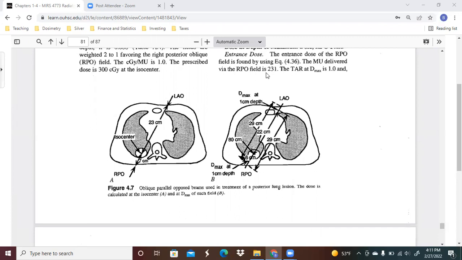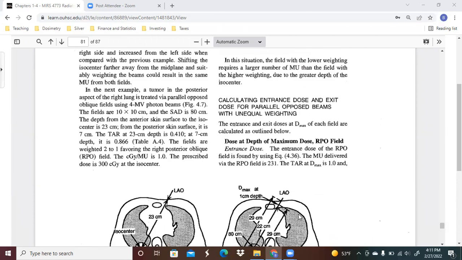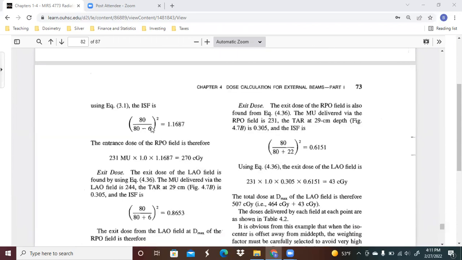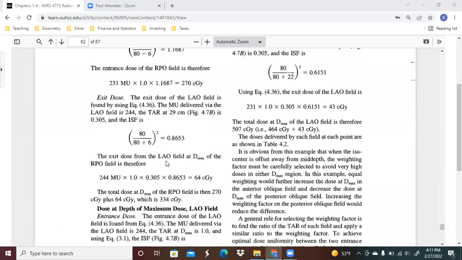They said the MU delivered via the RPO field is 231, which is what we calculated up here. TAR at Dmax is 1.0, and using equation 3.1, we do the inverse square factor. So the entrance dose of the RPO field is therefore this. If we look at the exit dose,